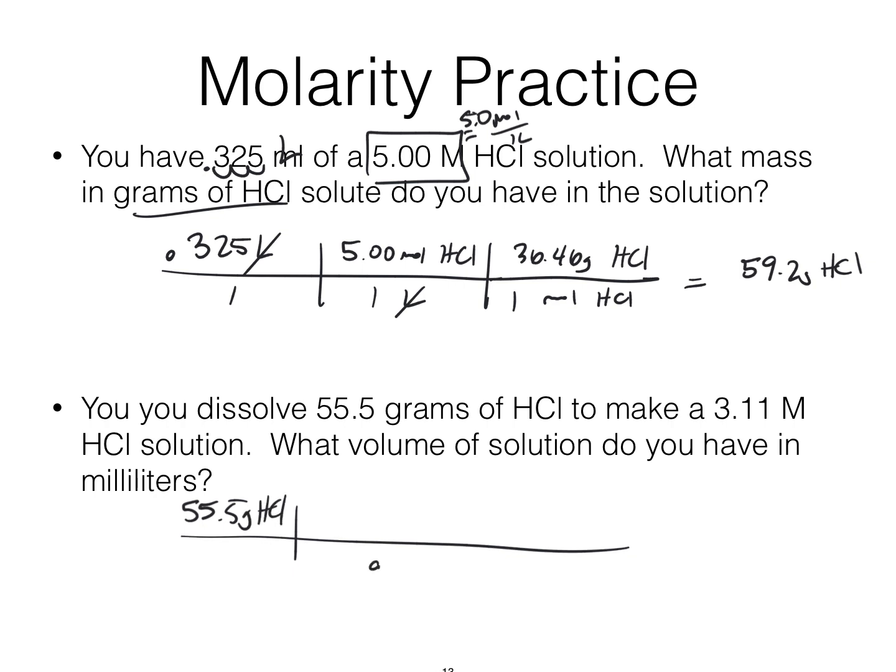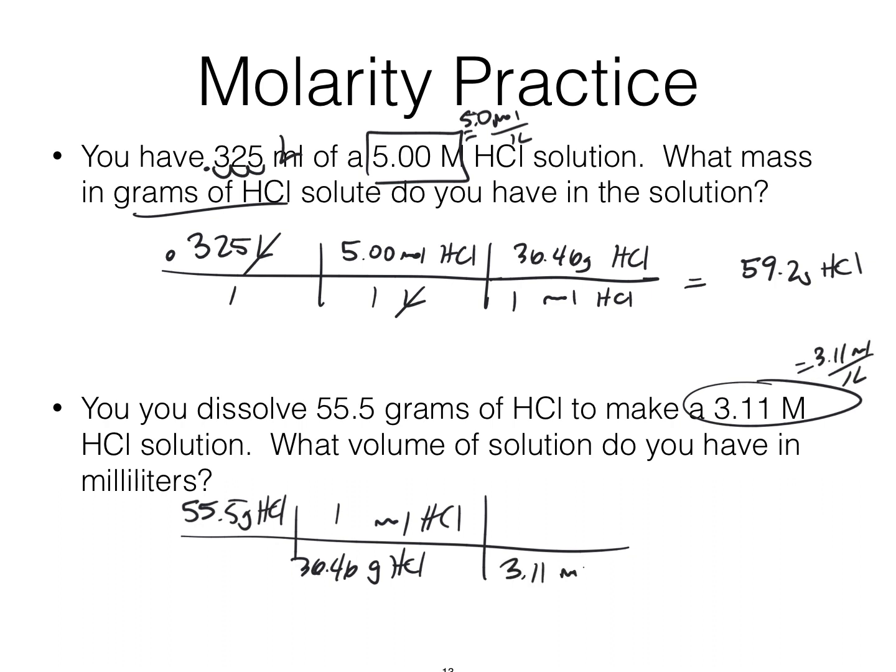And this time I want to go from grams of HCl to moles of HCl, and I'm going to use that molar mass, 36.46, down on the bottom. This is going to get me to moles of HCl. Now I want to use this molarity, remember, which is equal to 3.11 moles per 1 liter, and I want the 3.11 moles of HCl on the bottom and 1 liter of HCl on top. So grams cancels grams, moles cancels moles, and this time it's going to tell me the volume, liters, that I need,